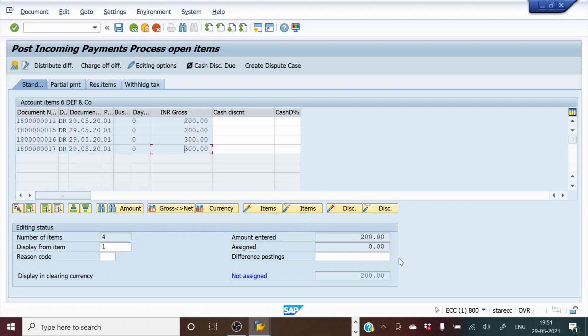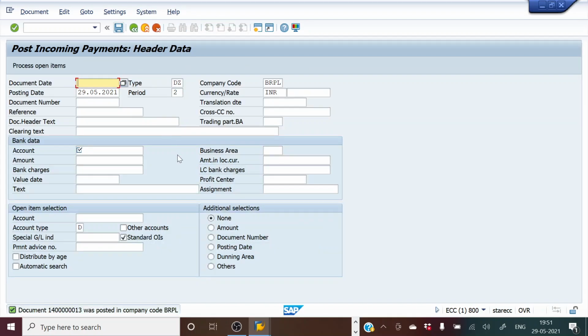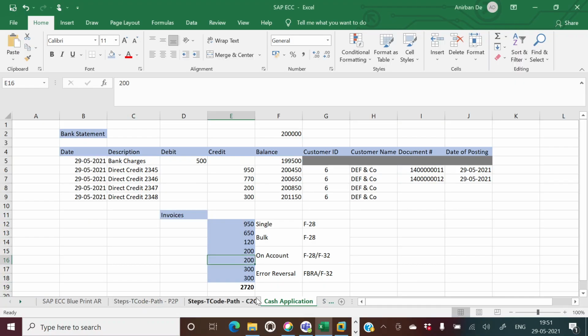First of all I'll deselect everything. So this makes it 0 and I'm going to make this an on account. If I just click here, this 200 will come and I'm going to post it. So this is an on account that has been done, and I'll populate it here. So this is 13 and this is done on account.